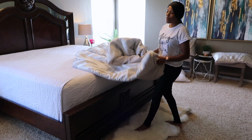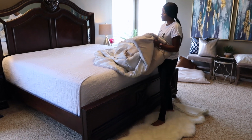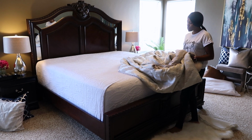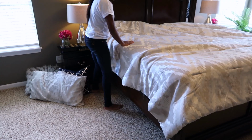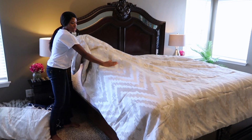Alright, now for the fun part, styling your comforter on the bed, guys. I love this one. It's from Inspire Me Home Decor. It's so luxurious looking. I really love how it has that shine to it, not really a shimmer, but it just looks silky. It's really pretty. I do like to do a triple fold,